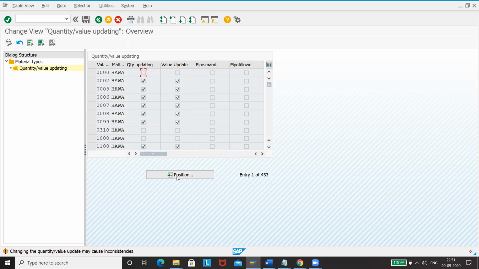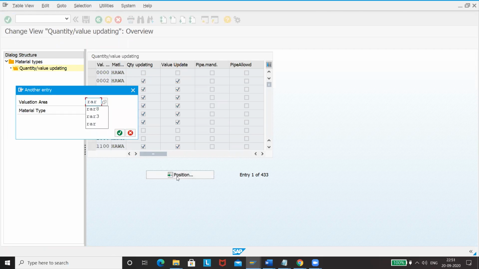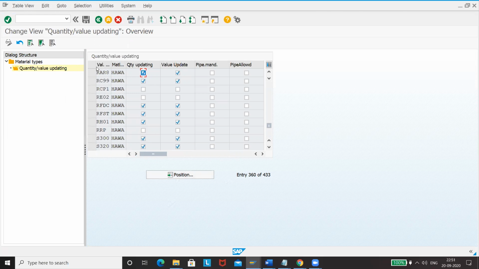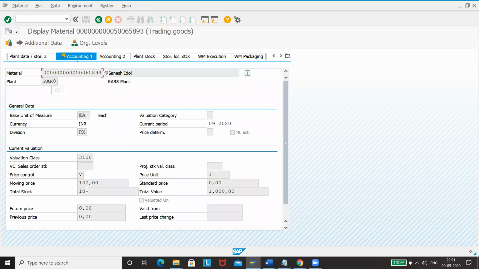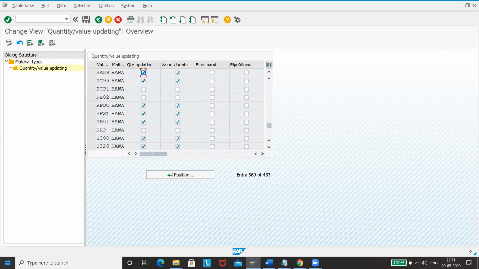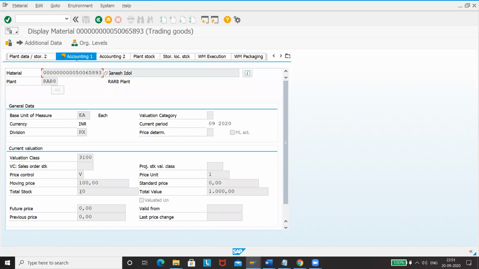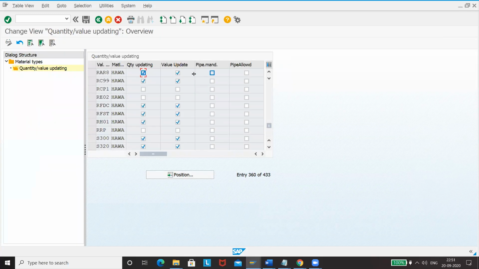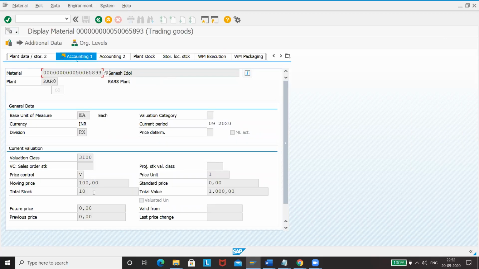You have to give your allocation area, right? So here, if you don't maintain these things, then you wouldn't get this one. If you maintain these two, then only this value will always be up to date. If you do one delivery, it will then become 9 and it will then become 900. So in order to see real time, we should always maintain these two settings. These settings are very much important. Most people avoid it, but there is some advantage, and the advantage is here.